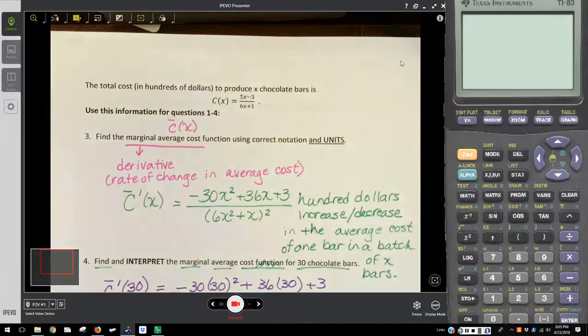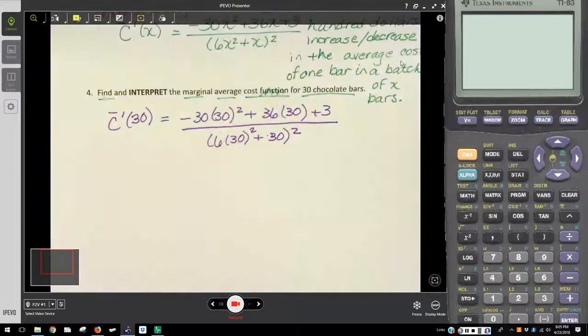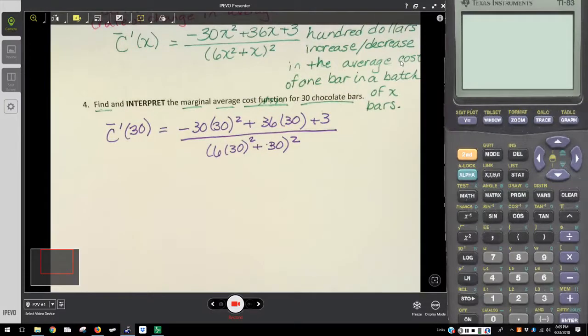And because the arithmetic on that is a little daunting, although it's not impossible, what I did was on my y equals menu, I have on y1 the actual cost. I have on y2 the formula for the average cost. So for example, I can verify that y2 of 30,